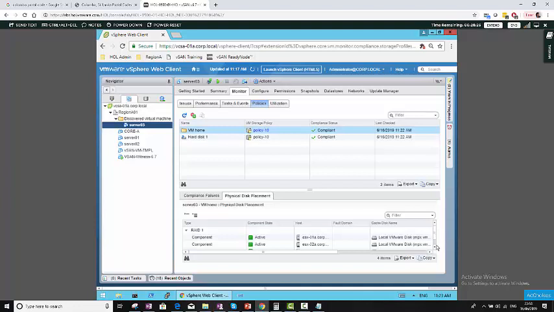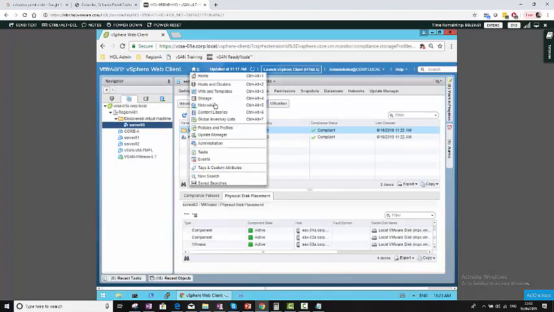We have one more copy and witness. But we have created a thin disk, which means it shouldn't reduce capacity from our vSAN. But in the policies we have mentioned the reservation value. Because of that it has reserved the value. To explain this thing again, what I'll do is